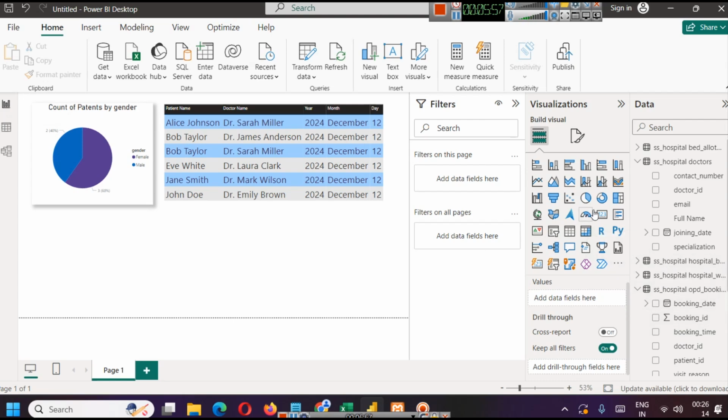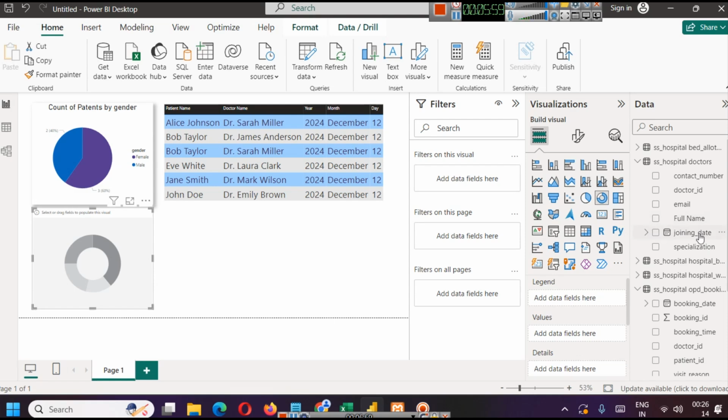So what we can do, let's create a simple graph. Obviously in this example there are only few rows available, but in actual you will be able to see, with the help of specialization, which patients are visiting more, what type of patients are coming mostly, or we can say what type of problem is